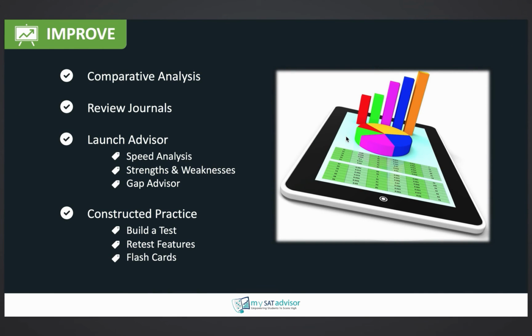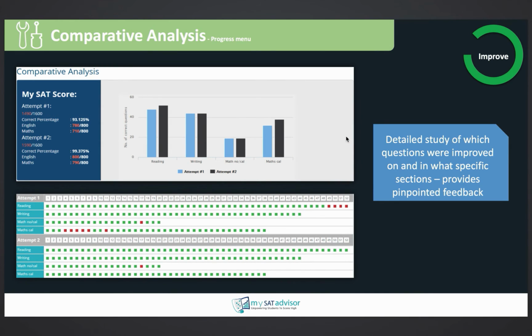And finally, our final section is the improvement section, which I'm sure is very important to students because, again, we all want to reach our target score. The comparative analysis feature will give a detailed breakdown of how a student did from the same test but 2 different attempts. And what's useful about this is oftentimes in a paper and pencil format, the student will grade their test. They might improve 100, 200 points and think, wow, I'm awesome, I'm doing well, I'm improving, I'm good. No need to worry. But did you really improve, or was that just a fluke, or what?